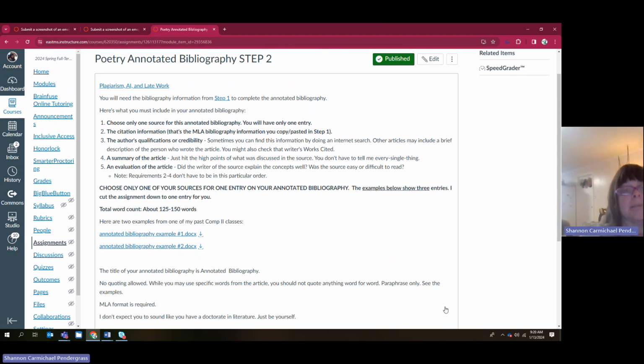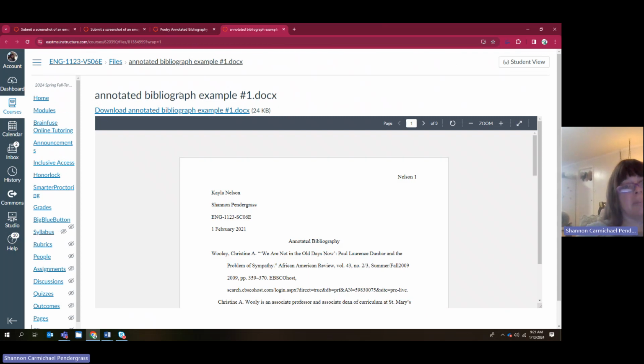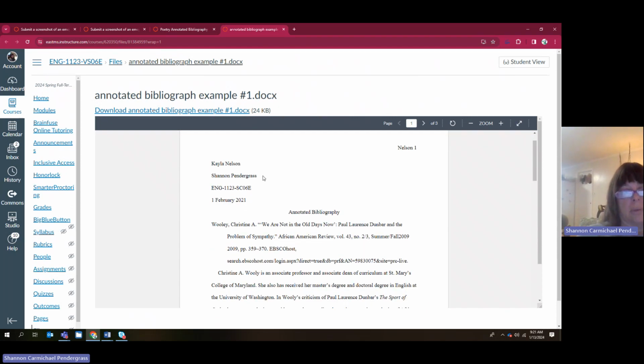Okay. Annotated bibliography, step 2 is to actually create this annotated bibliography. I'm just going to open this really quickly. Now, the example I'm about to show you has 3 entries. And remember, in step 1, you pulled 3 secondary sources from EBSCO Discovery. However, you're only going to use one of those. Back in the olden days, I knew this was going to, and that's my spelling error. But anyway,